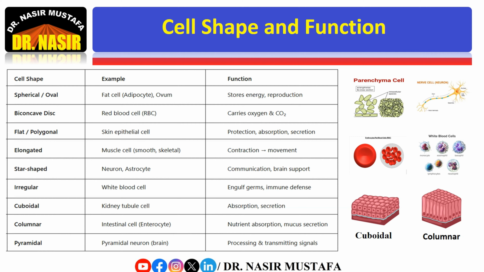communication and support brain function. Irregular or amoeboid cells, such as white blood cells, defend the body by engulfing pathogens. Cuboidal cells, like kidney tubule cells,